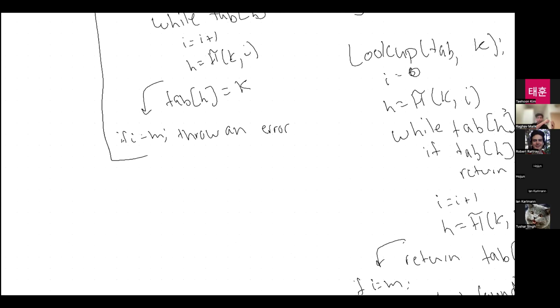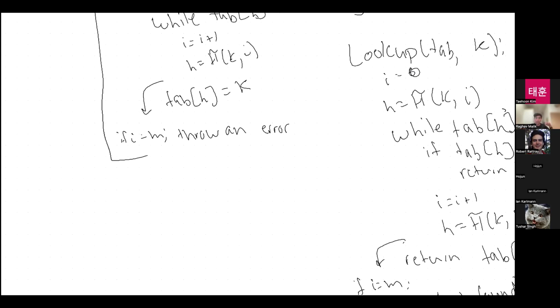The third one finds position 0, fails, goes to position 1, fails, moves on to position 2, and then keeps going until the table is full. That's the idea, right? If I've got more than m things that I'm inserting into my table, I can't do anything about that.